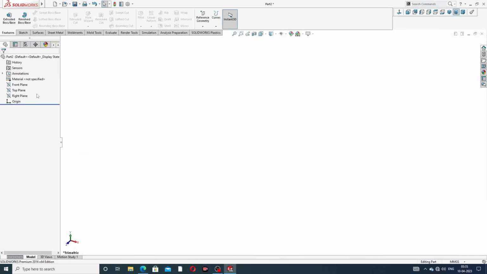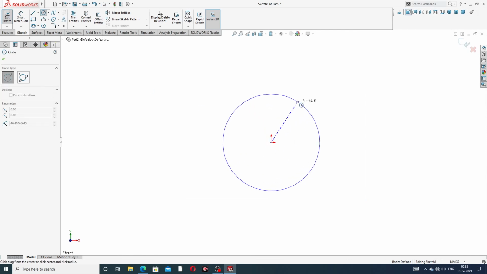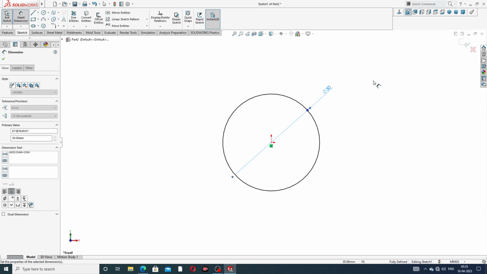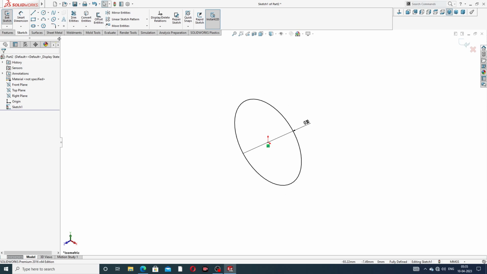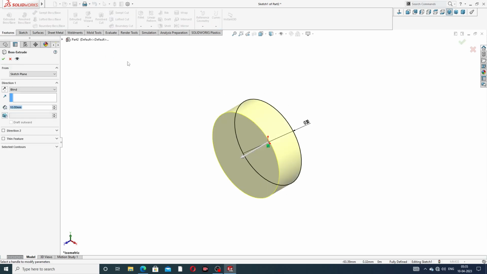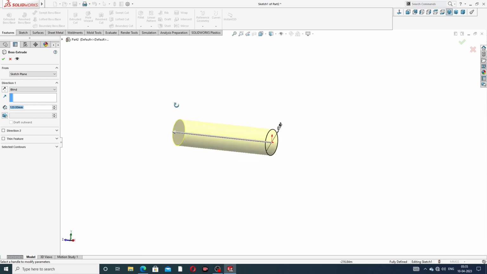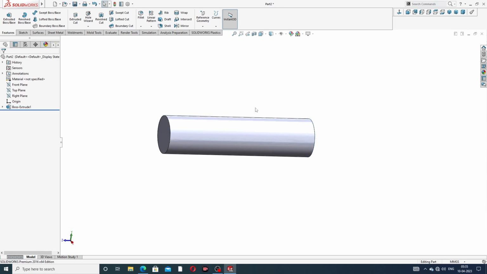Okay, at first select the front plane, and use a circle, and this circle diameter is 30 millimeter. Okay, and isometric view. Okay, and use extrude boss, and 120 millimeter is perfect. Click OK, and